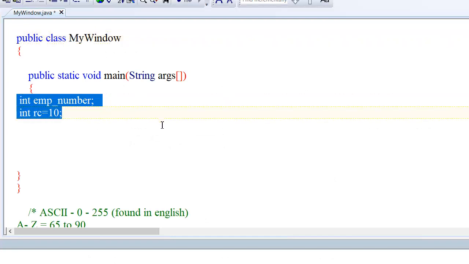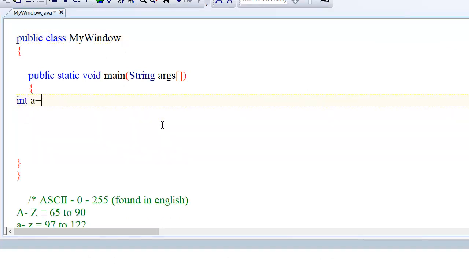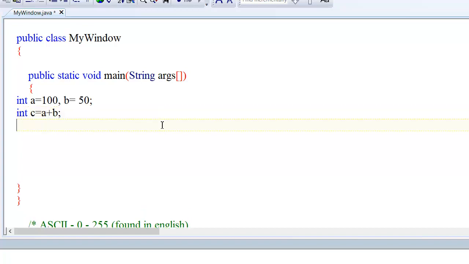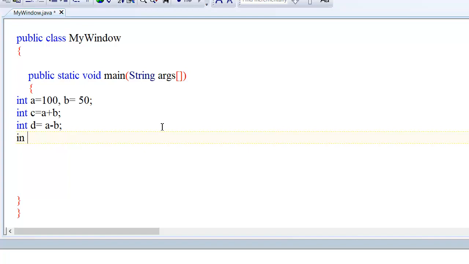Now let's say I am writing int a equal to 100, b equal to 50. So I can calculate int c equal to a plus b, using the addition operator. int d equal to a minus b, I have used subtraction. int e equal to a by b.